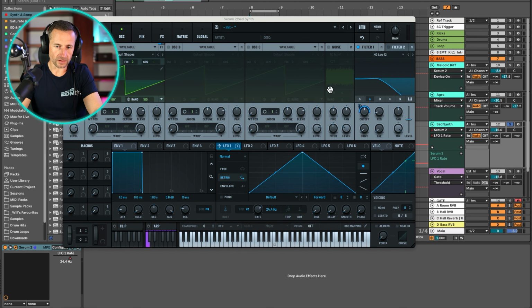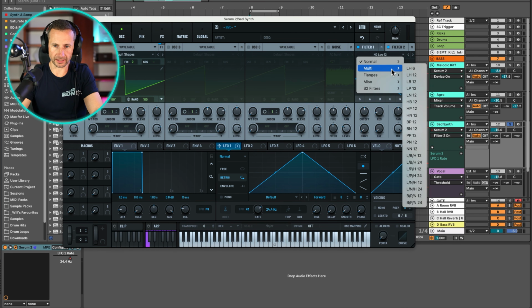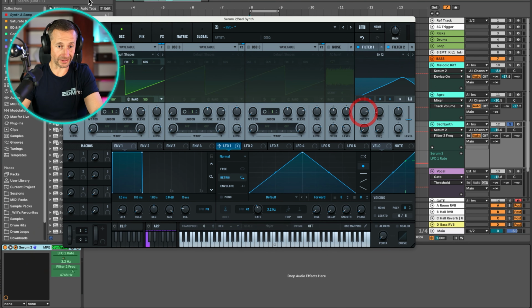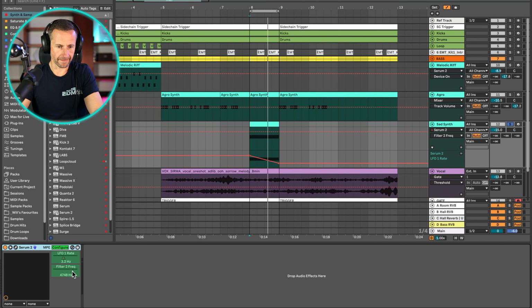So we can add a couple more sweeps. We could put the second filter on and create something like a bandpass filter, like so. But we have to actually feed the sounds into that. So it's going to be more like that. So I'm going to configure, I'm going to automate this cutoff as well. And